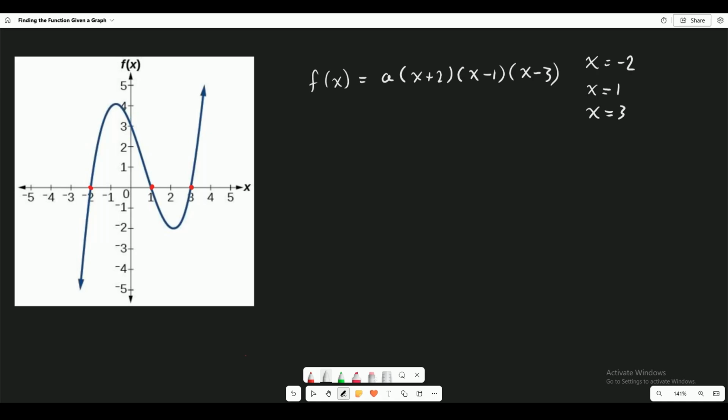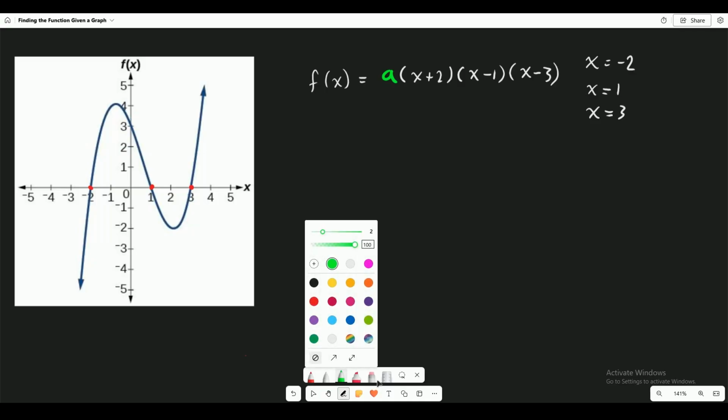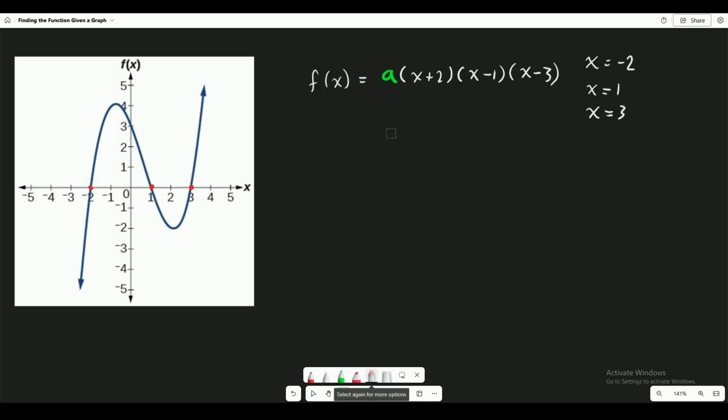Now, I don't know if this graph is scaled or not, right? So I have this arbitrary constant in the front, a, and I'm going to put it in green right here. I have this number a. I don't know what it is, but we can find it given another point from the graph. So what point do we see that we can use? We can use this point right here,